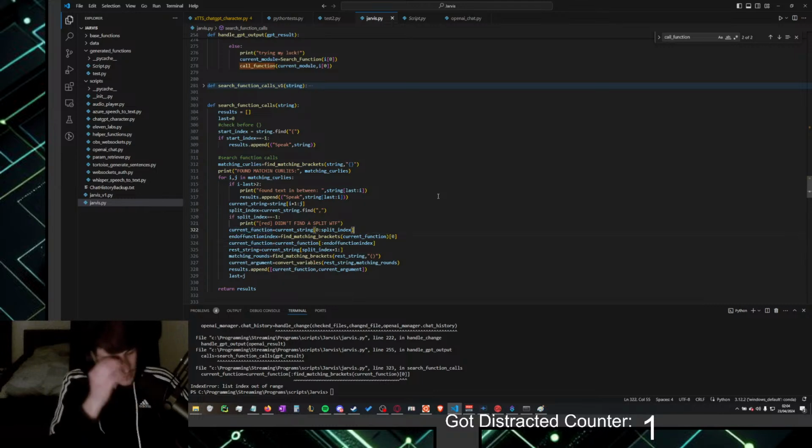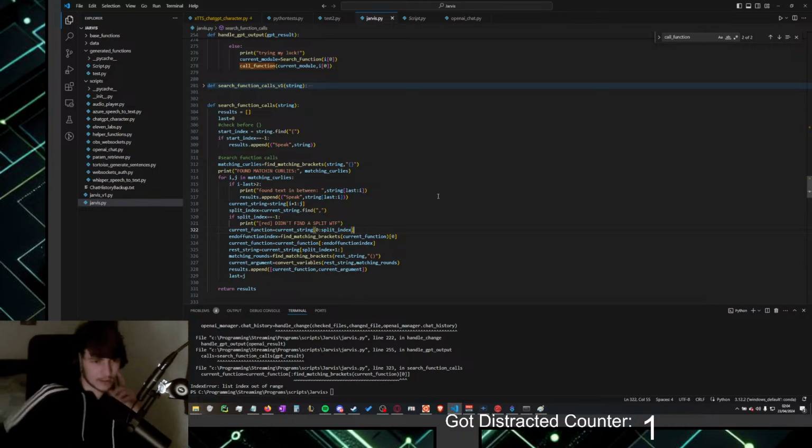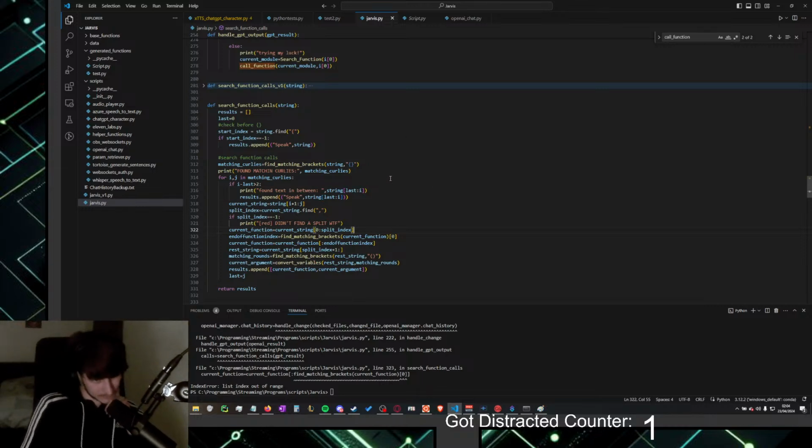Oh, right, because the check functions isn't part of the functions that it wrote, there are no brackets appended, and it actually works.